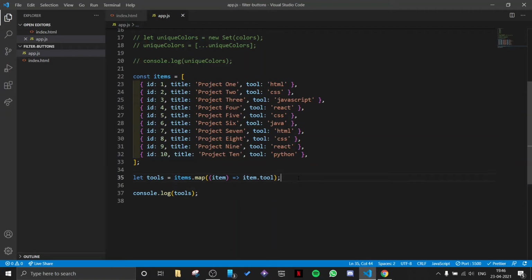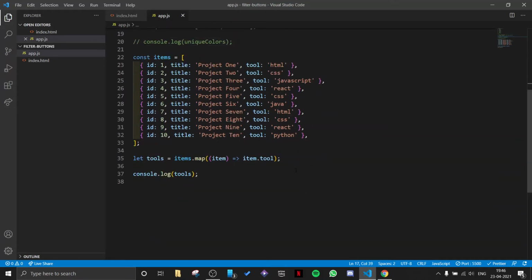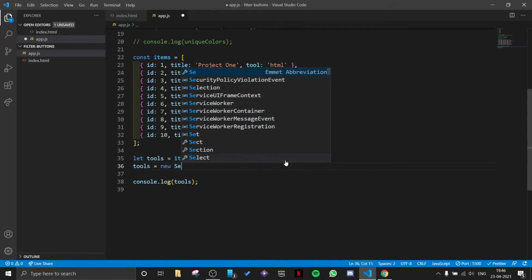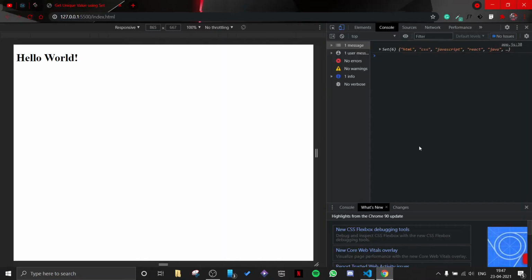And now we want to get only the unique tools from the tools variable. And just like we did here in this line, we will use set to get the unique tools. New set, and we will pass the tools array, and you see we now only have the unique tools. And again, we do not have an array, we have an object.